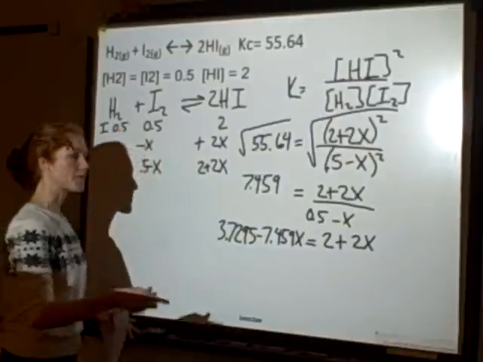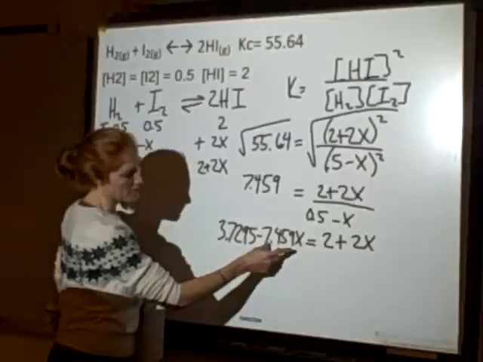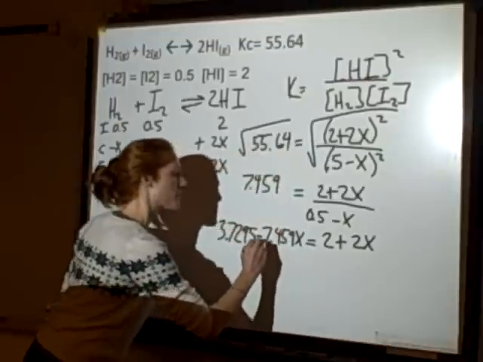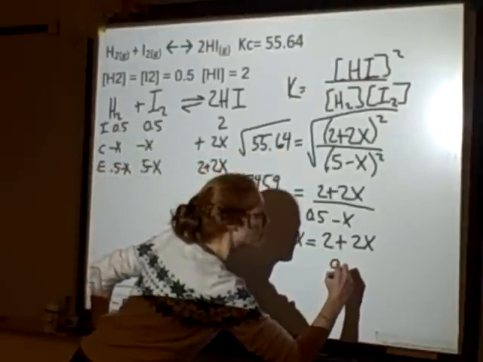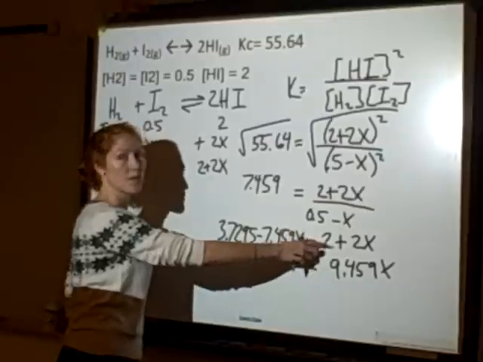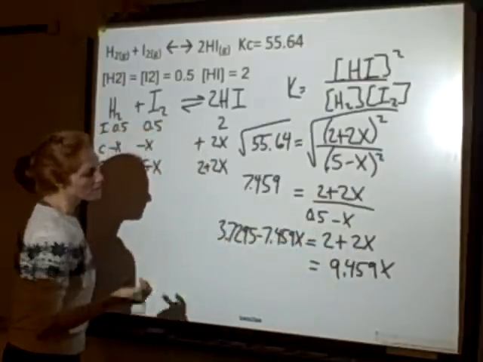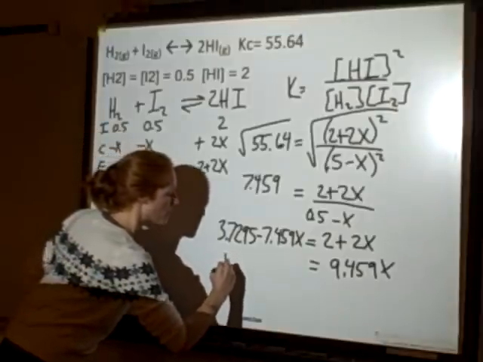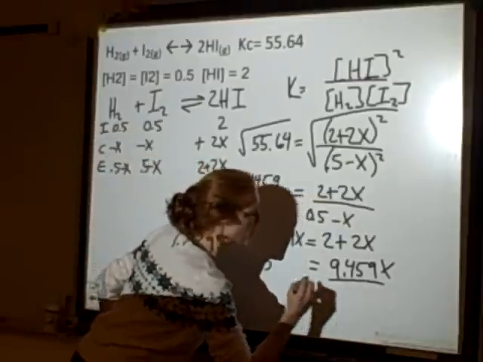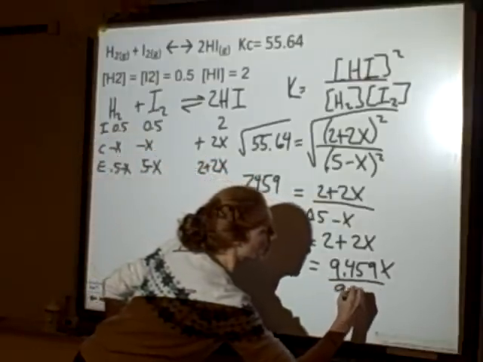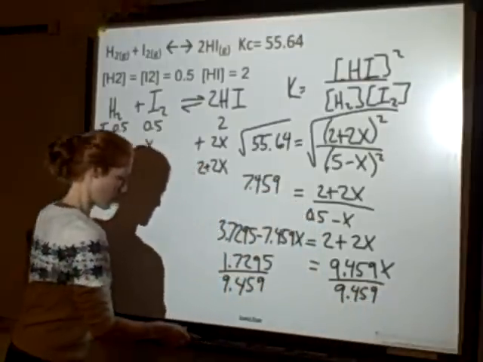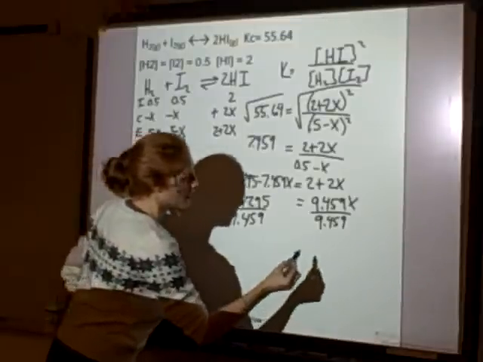All right, I'm going to gather like terms. I'm going to add 7.459x to both sides. So when I add to this, that just ends up being 0x on this side. And I add to this, I'll get 7.459x plus 2x, 9.459x. I'm going to subtract 2 from both sides. So 2 minus 2 gives me nothing without an x over here. And 3.7295 minus 2 gives me 1.7295. All right, now I want to get the x alone, so I'll divide both sides by 9.459, and I end up getting that x is equal to